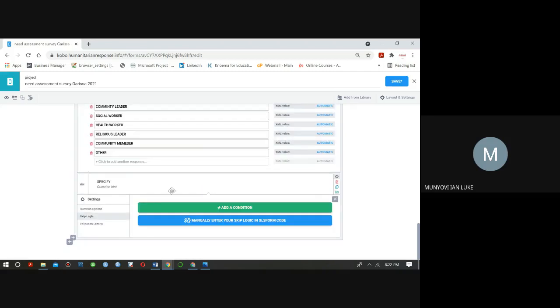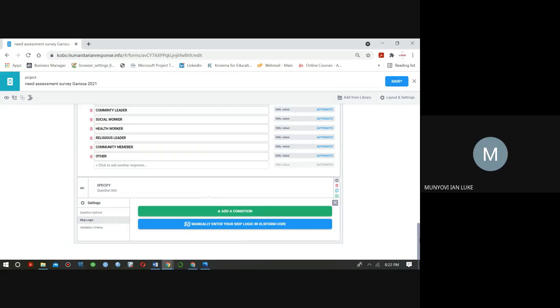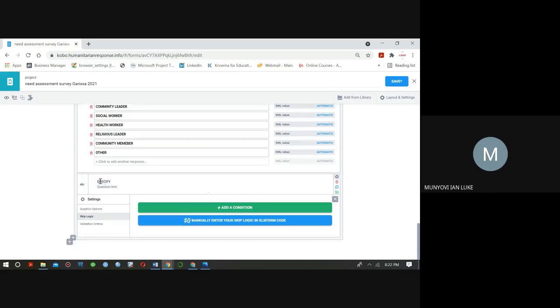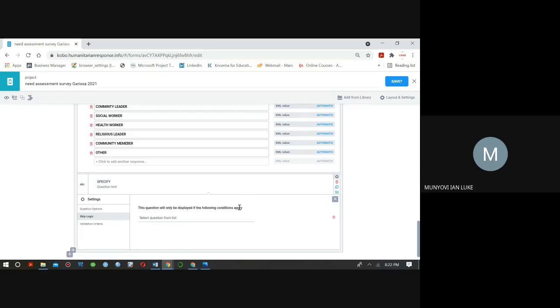Once you click on skip logic, this is where you apply a condition. And the condition for this thing called specify to appear is if in the previous question, somebody selected what? Other. So we're going to do that by adding a condition.